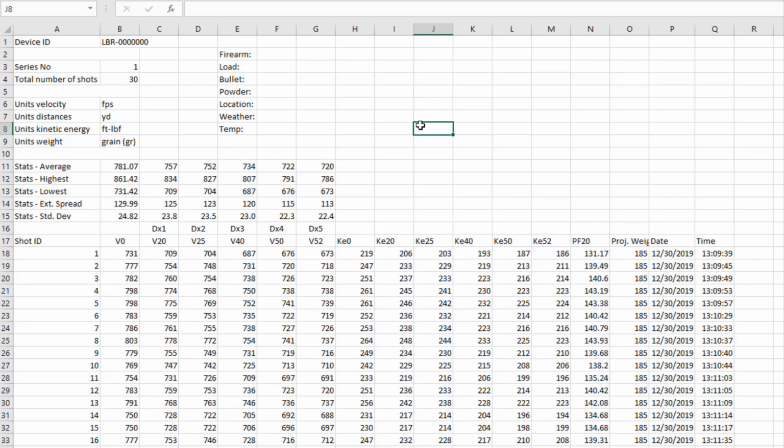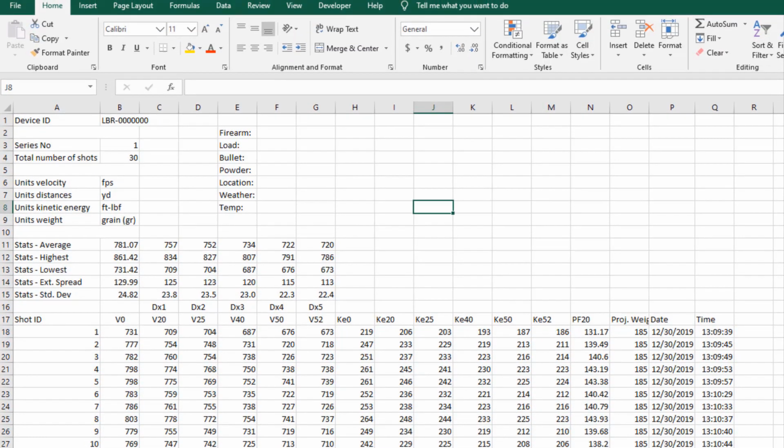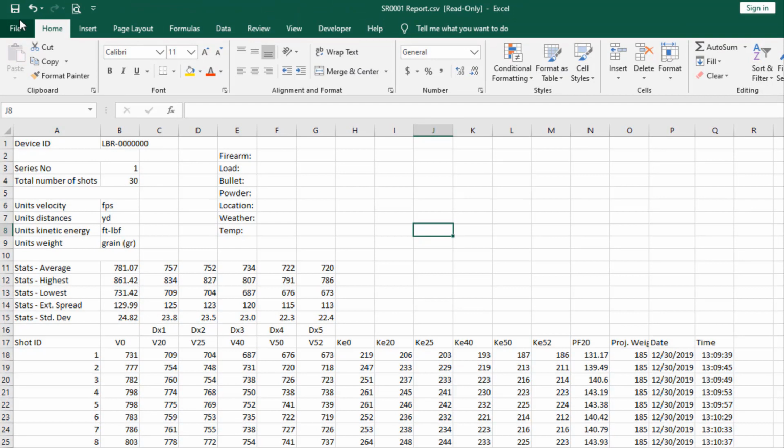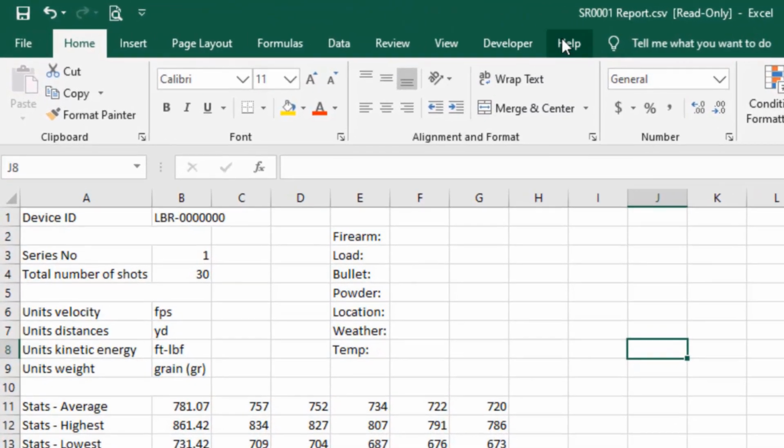Now usually at this point I would save it, but let me show you something. If you just click save right now, it's actually going to save it as a CSV file. Some of you may be thinking, well, no, it won't because the CSV file is read-only. Well, it's read-only because I made it read-only.